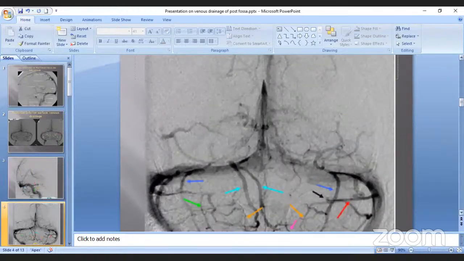These are the vermian veins. You have some variations. These are the inferior vermian veins, both draining into the right transverse sinus. You can get a separate drainage, some on the right side to the right and the left. Sometimes both of them have a common drainage into the transverse sinus. And this is the posterior inferior cerebral vein, the superior petrosal sinus, the right